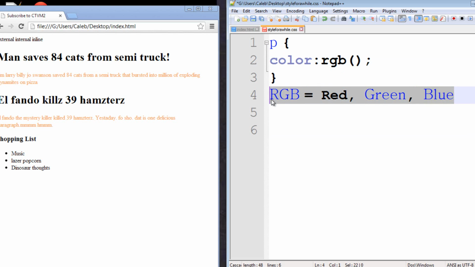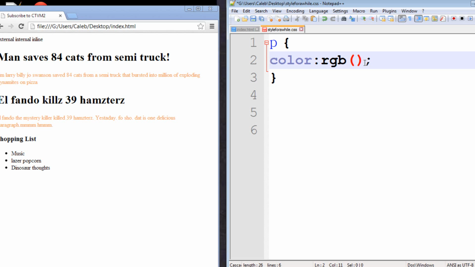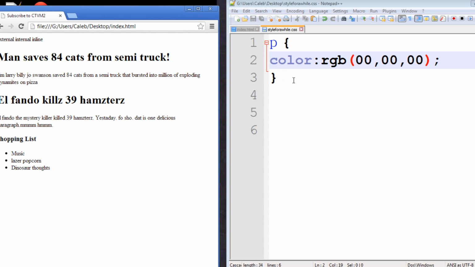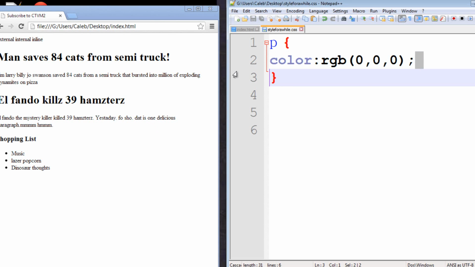So to declare a red, green, blue value, you go like this, and then you put 0, 0, 0, and separate them with commas. So that is black. So 0 red, 0 green, 0 blue. You can also just put 1 0, I think. Yep. And in fact, now that I think about it, you could just delete the whole thing and it'd still be black. So even if I'm doing it wrong, it's still going. But anyways, yeah, let's go